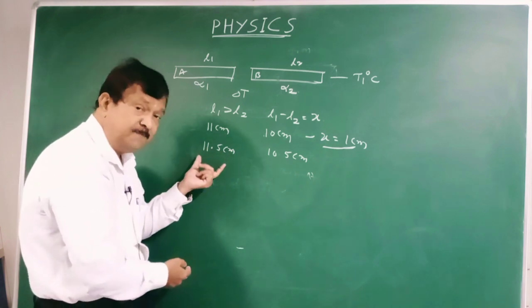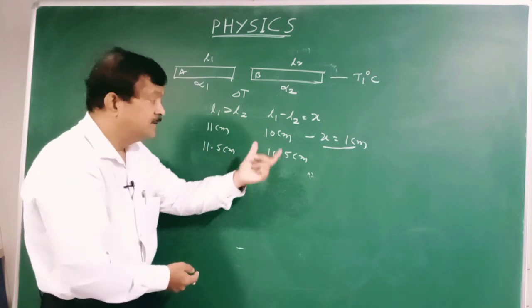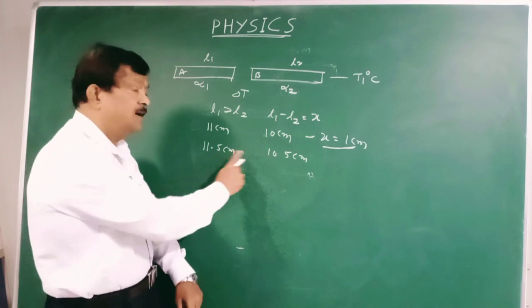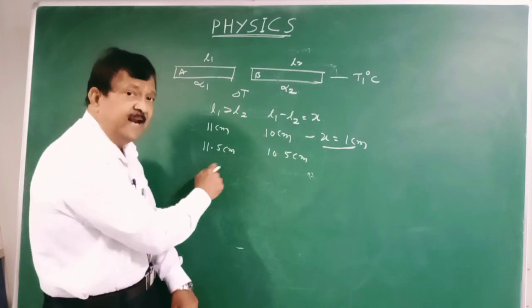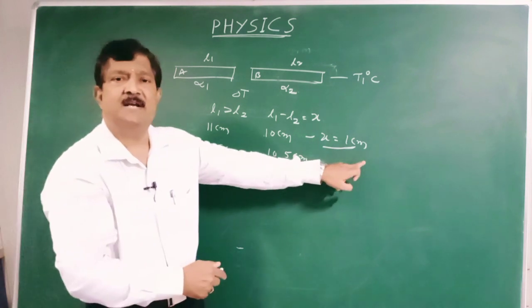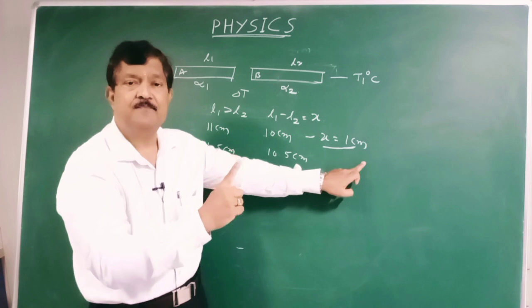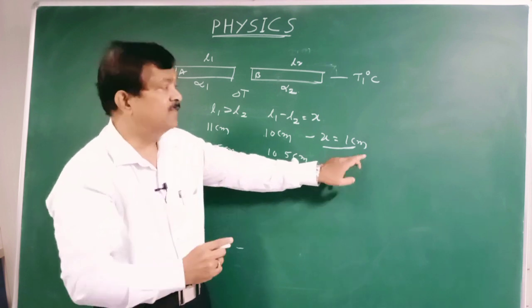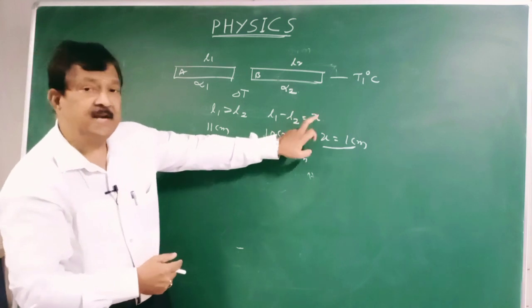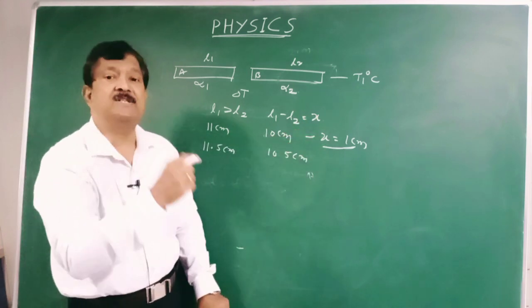This is expanding by 0.5 centimeter. This is also expanding by 0.5 centimeter. And now the difference, if you take between their lengths, again 11.5 minus 10.5, it is only 1 centimeter remaining constant. That means if the difference between their lengths, that is L1 minus L2, should remain as a constant,